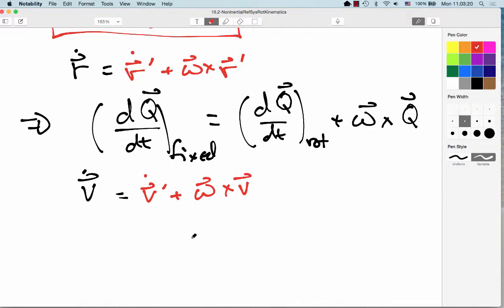Okay, so to get our acceleration then, we have to think, though, this is still omega cross v, and it'd be more convenient to get that into a v prime. So our acceleration in the translational frame will be, we're still carrying